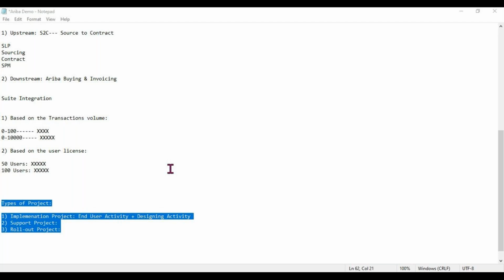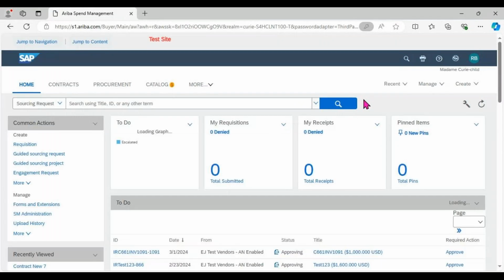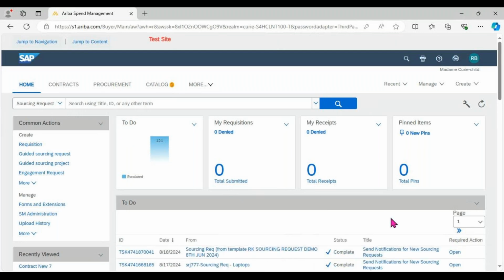So we can have basic authentication also. Or we do have another option, that is MFA, multi-factor authentication. In some cases, if the customer wants to go with multi-factor authentication, they can do so as well. So this option is also available with Ariba. Whatever option the customer wants, they can perform any of these authentications, right? Whichever authentication you follow as a client,